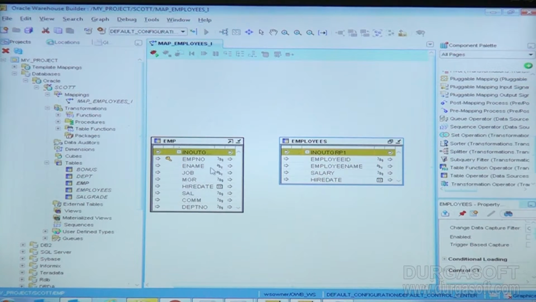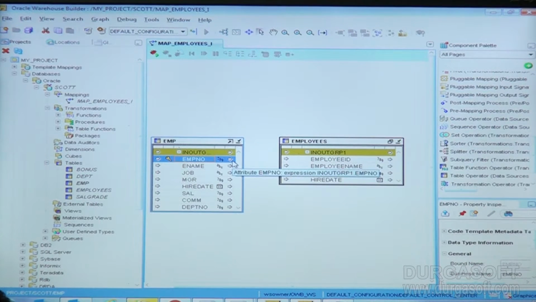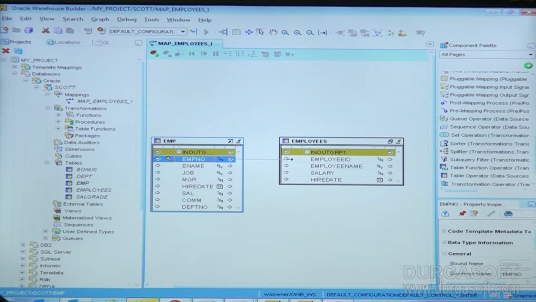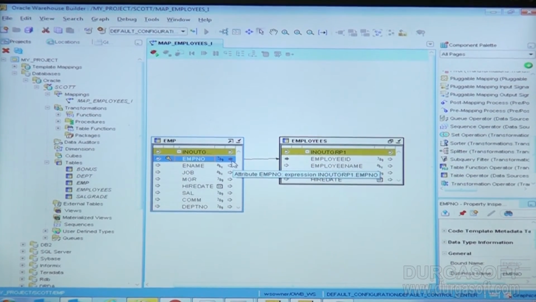So employee ID, I need. Where is employee ID? Here, employee number is nothing but employee ID, right? See, like this I am giving the connection. Click employee number, just take the arrow here and connect it to employee ID. That means the connection has been established. See here, the dark arrow is coming, that means it is connected, and on the left side also a dark arrow,